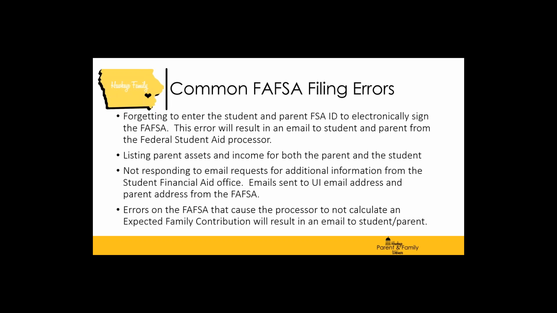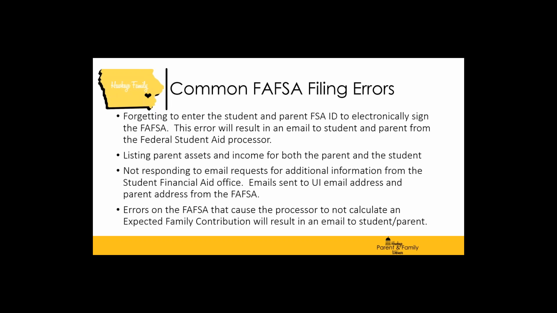Another common error is not responding quickly to emails. Students are going to get emails from the Student Financial Aid Office, and whenever we send the student an email asking for additional information, we're going to be very specific about what we want. We're also going to send a companion email to the parent each time that we send an email to the student. The email to the parent is going to be simpler in nature. It's simply going to say that we've recently sent an email to your student. Please talk with your student about that email. So we hope that between the two of you, we'll make sure that we're connecting one way or another, and that then you respond to us so that whatever information we still need, we get